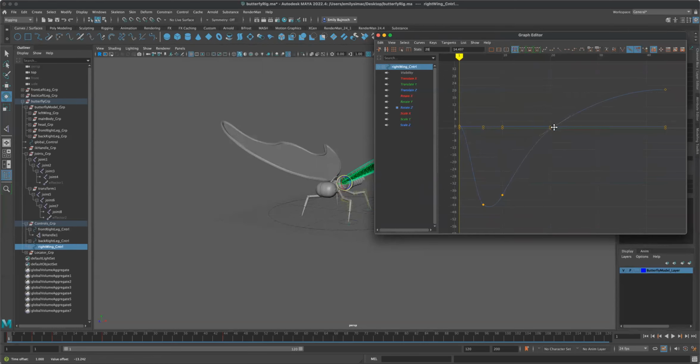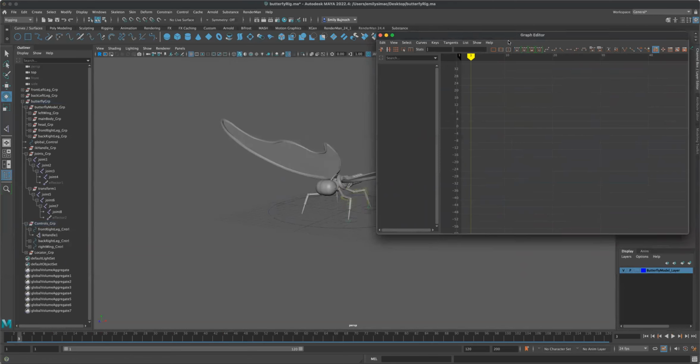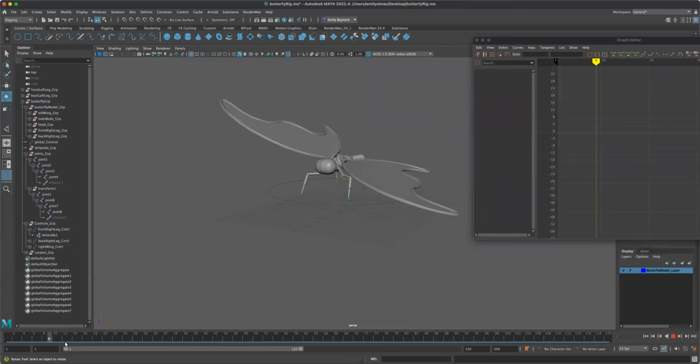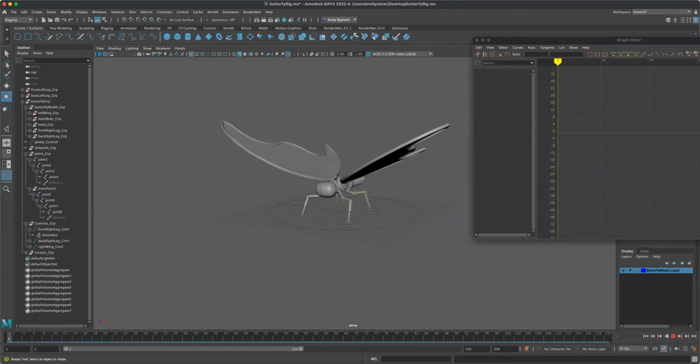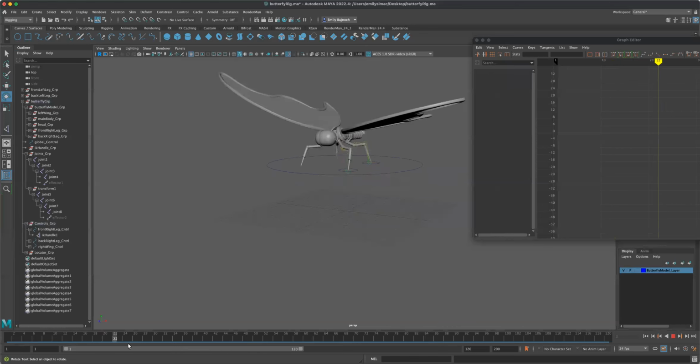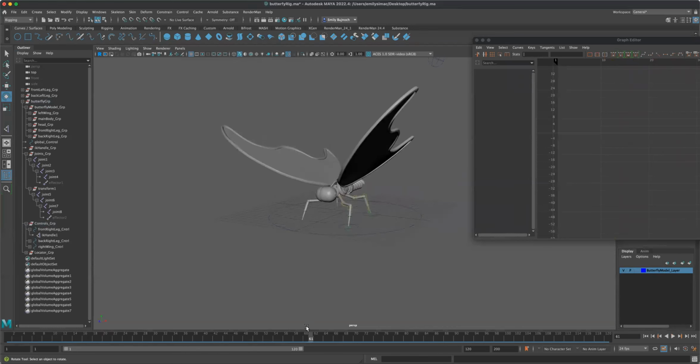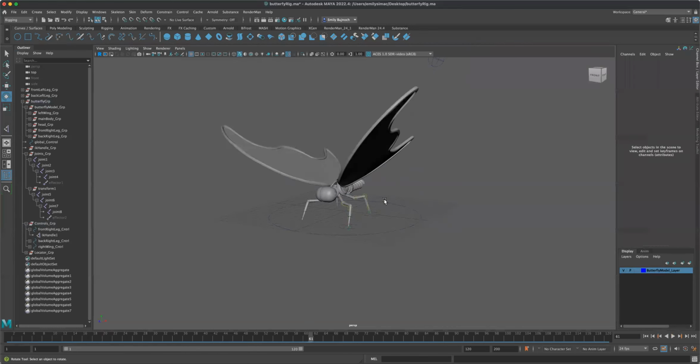I actually may want to bring this down a lot like that. And then straighten this out. And actually try that. Beautiful. Let's see how that changes up. All right, so basically he flaps really hard and then it stays in the air for a really long time. All right, let's say I'm kind of happy with this and I'm going to do a really